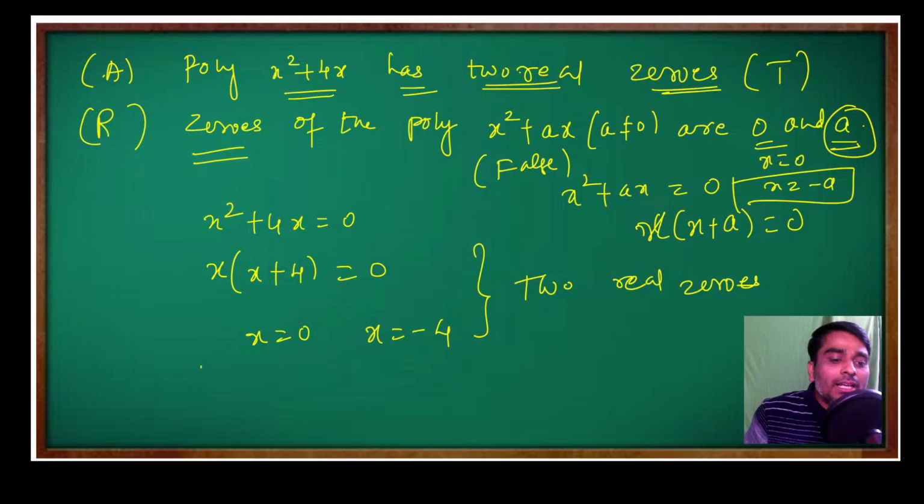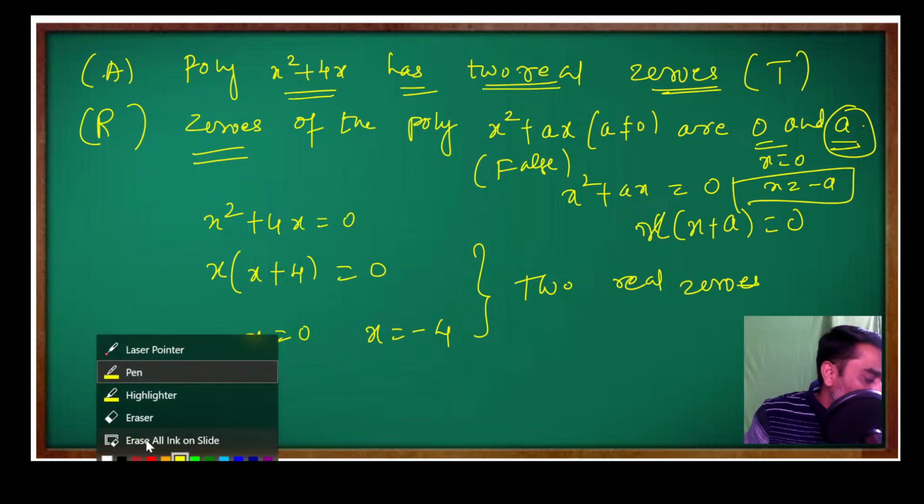Okay, now we'll solve 2 marks questions. These are all multiple choice and assertion got over. 20 questions done. Now we will solve 2 marks questions. If minus 3 is one of the zeros,